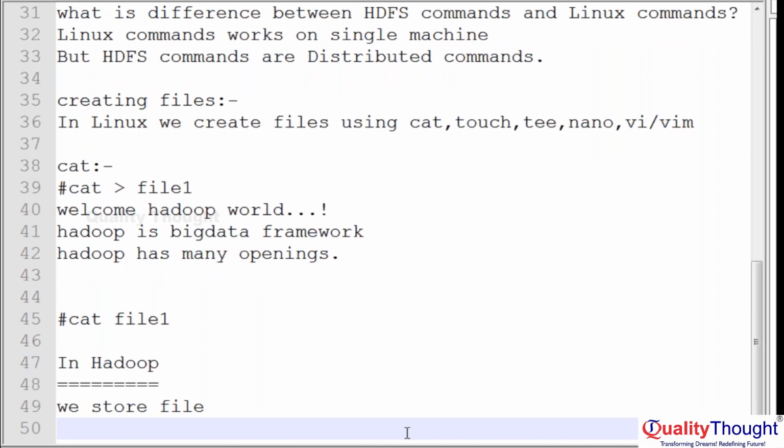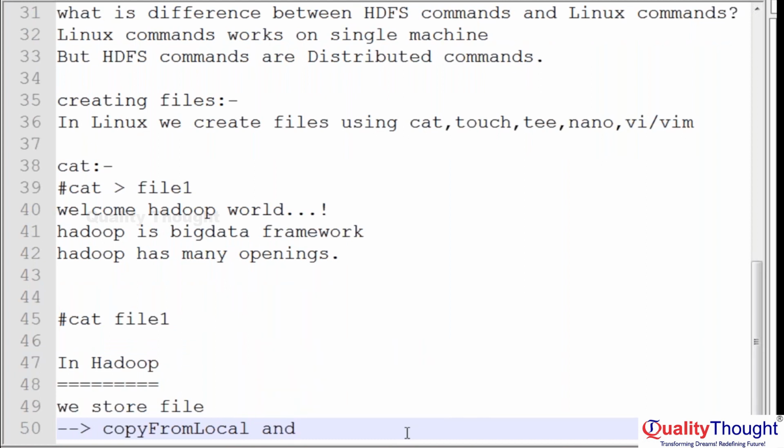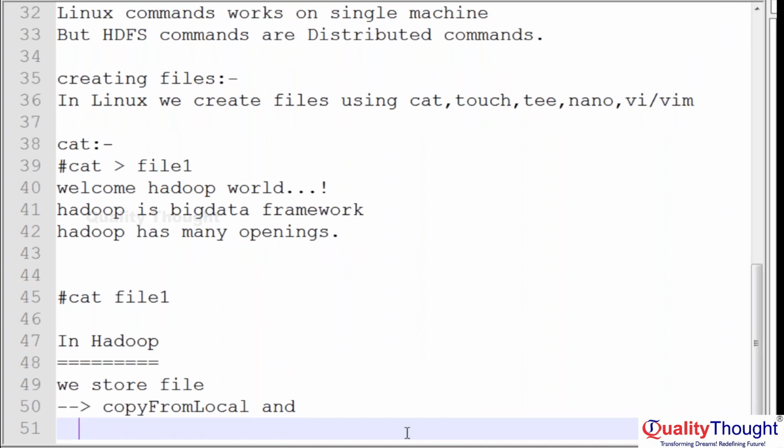To store a file, we have two commands: copyFromLocal and the put command. These two commands are used to copy a local file from the local file system to the HDFS file system. Okay, so the syntax for copyFromLocal: